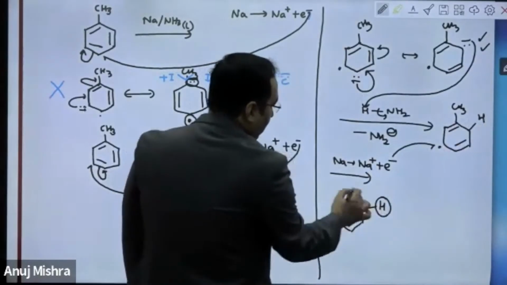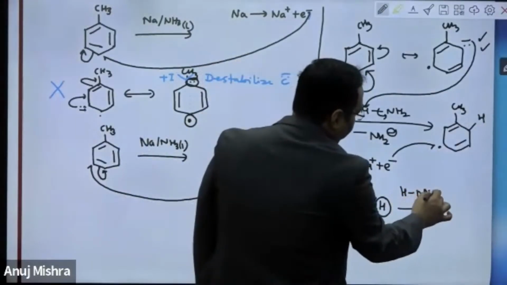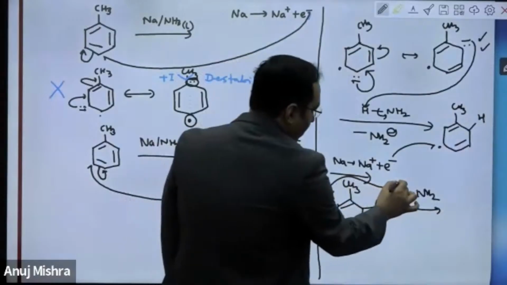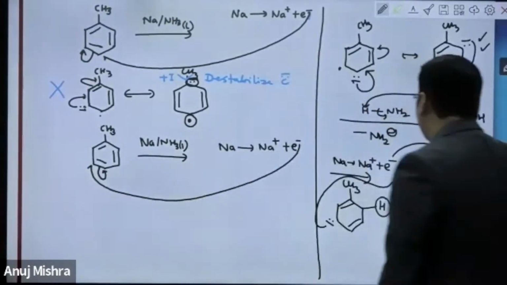One H has already come. CH3 is here. Then what will happen? It will grab H from ammonia. NH2 minus is out. And the final product is